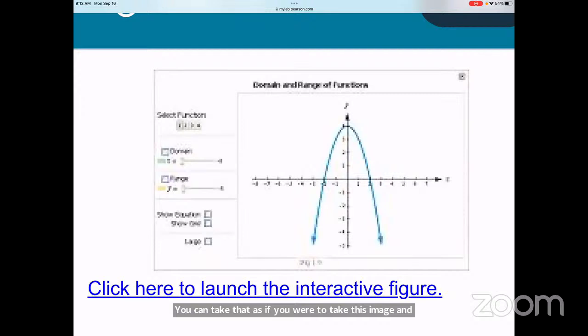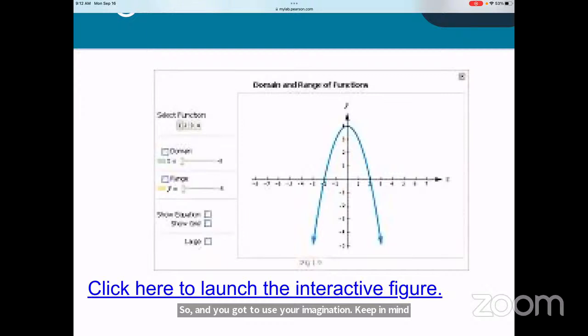That's called a projection. Another way you can visualize that, if you had maybe two light sources, one shining from the top and one shining from the bottom, and it casts a shadow onto the x-axis, what x values would it touch, right? You've got to use your imagination. Keep in mind those arrows mean it continues the pattern indefinitely, right?